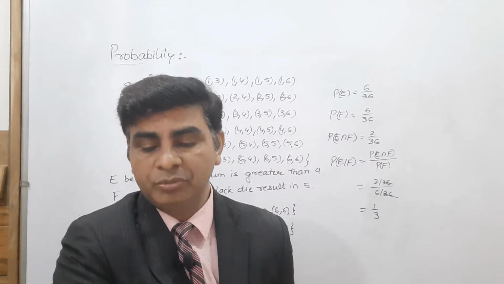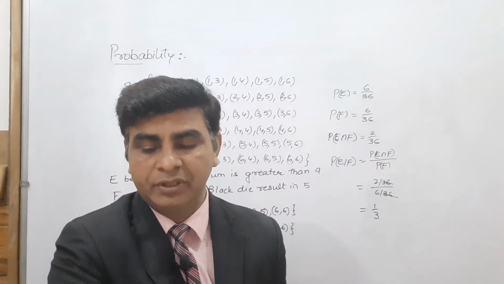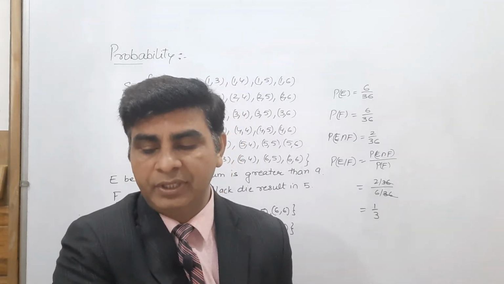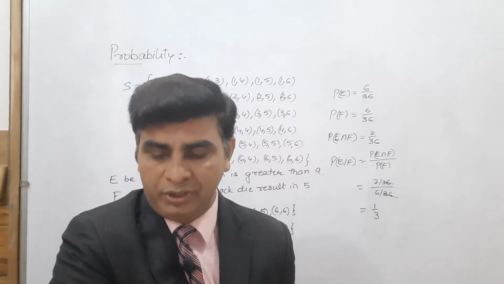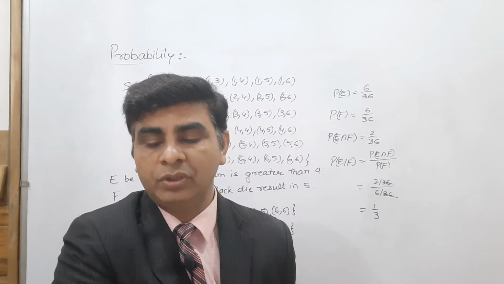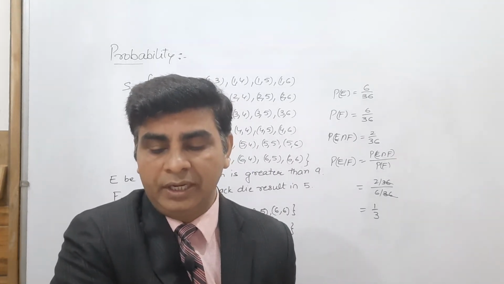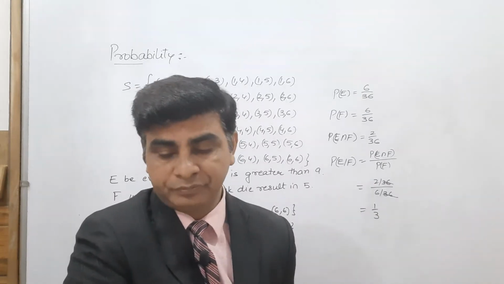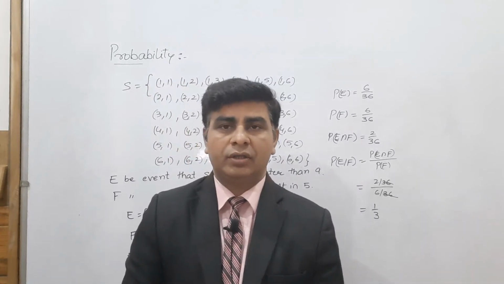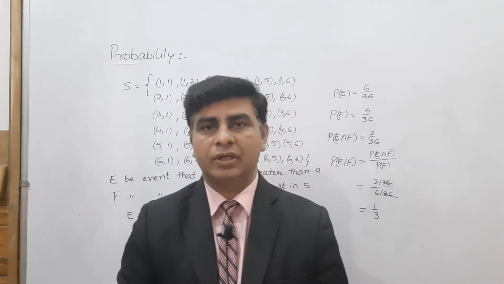Assume that each born child is equally likely to be a boy or girl. It's very much clear that whoever your baby is, it may be a boy or girl. And if a family has 2 children, then what is the conditional probability that both are girls? We have to find the conditional probability that both are girls, and it is given that the youngest is a girl. Look at the question, children: it says any family has 2 children, and the probability to be found is that both are girls, given that the youngest is a girl.